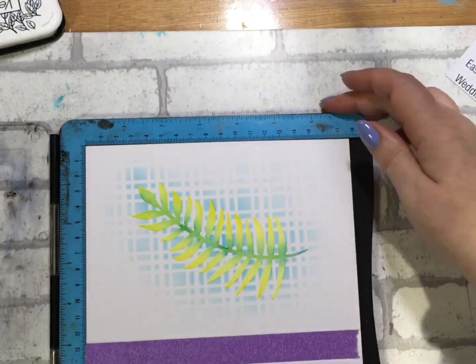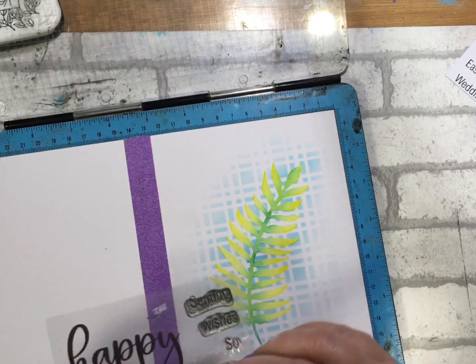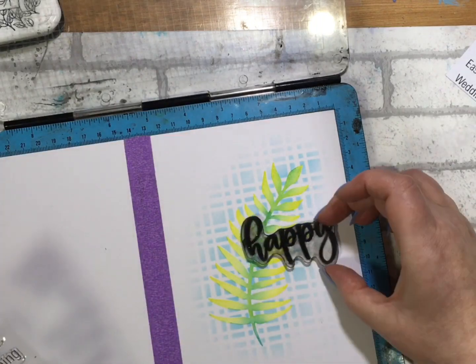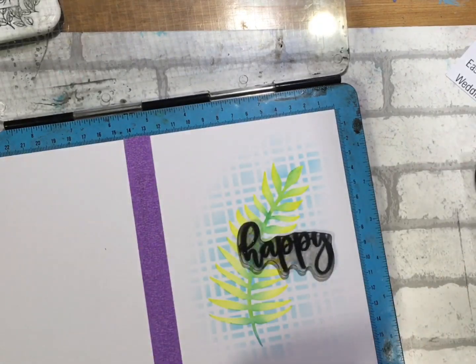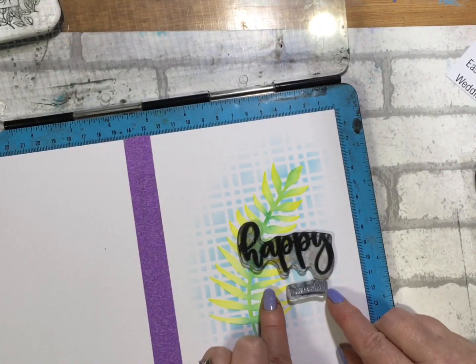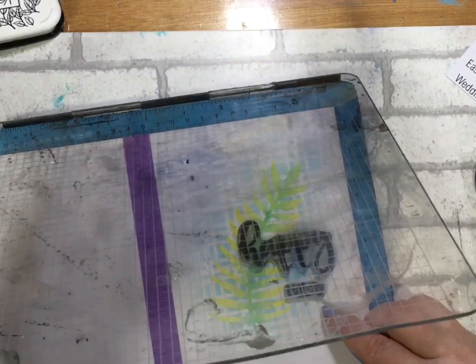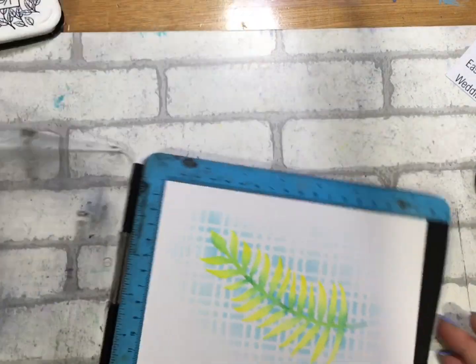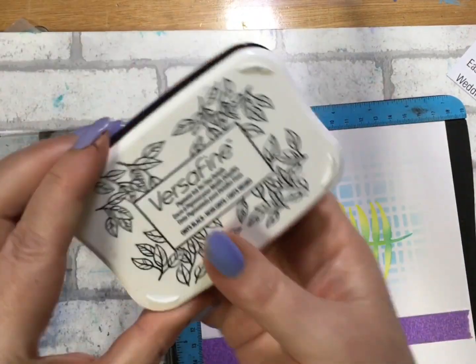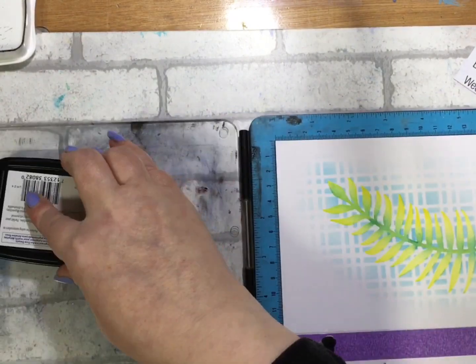So this is nice. We're going to go with the large happy, position that onto my card, and then the little small birthday. This is a really nice set, this one. There we go, try and get that straight-ish and pick it up onto the platform door. Here we go. So I'm going to use VersaFine black ink to give that a really good ink up,